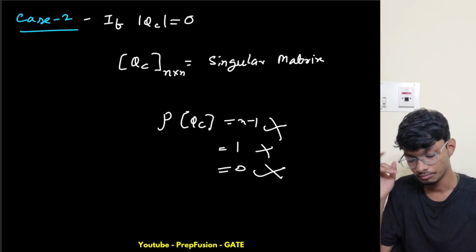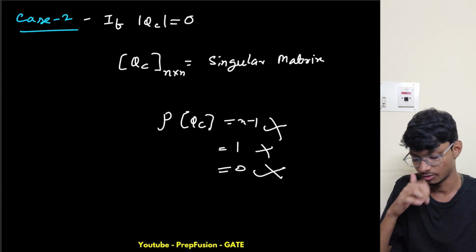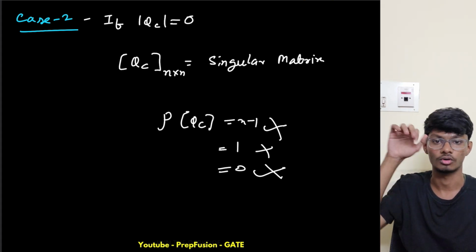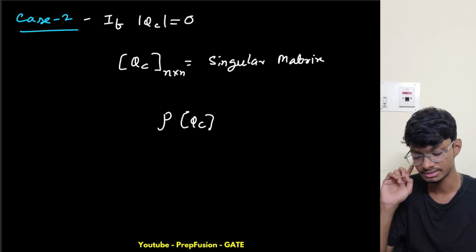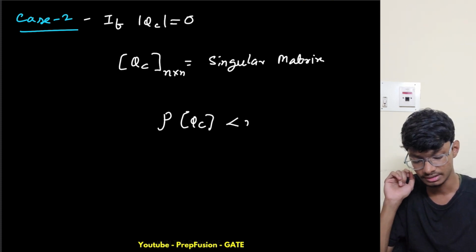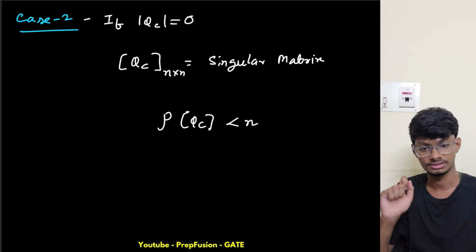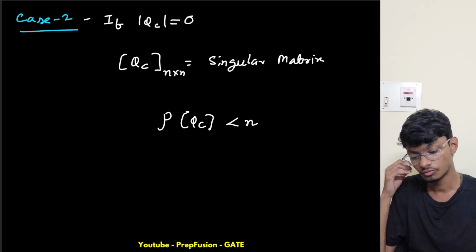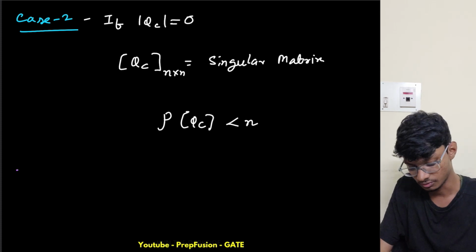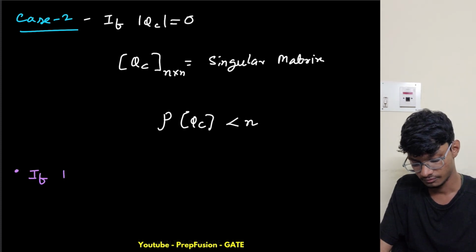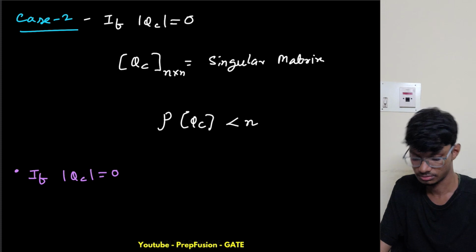Okay, why? Because I won't be able to tell the rank without knowing the rows or columns, or the elements, right? But what I will be able to tell for sure is that my rank will be less than n. So what does this mean? If determinant of QC is 0,